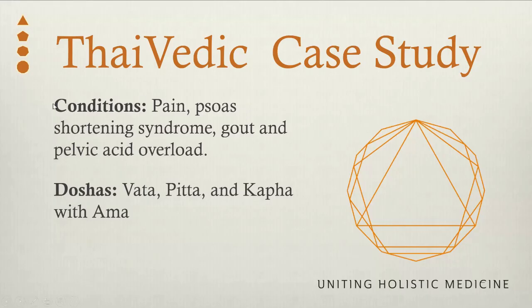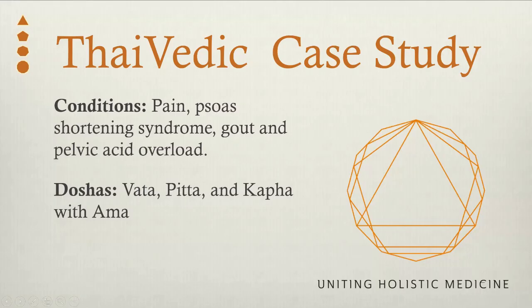We have a look at what conditions are being treated for that client, and we track what doshas are imbalanced for that client. And this client is a much more complex client and one of my own personal clients that I've moved through. The main condition it has come to me for is pain, experiencing pain and not able to walk. Because as I diagnosed it through, there was a psoas shortening syndrome,